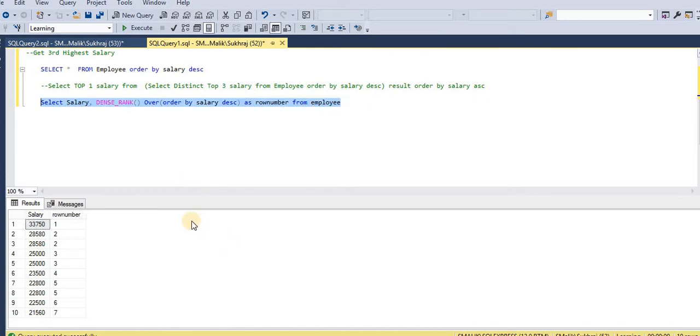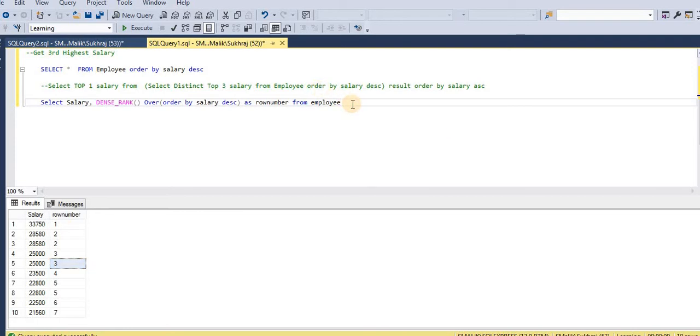Now in this, what the dense rank did, we use the order by salary. In this case, it ordered by the highest salary, which is given the rank 1. Then for the next one, it gives the rank 2. Here it is a duplicate, so it provided the same rank to these 2 salaries. Then again for the 25,000, it provided 3, and it's again a duplicate, so 3. So like this it is working. Dense rank is working in this way.